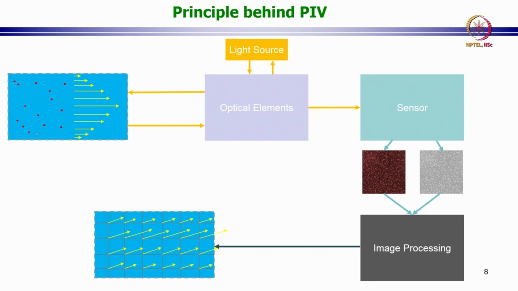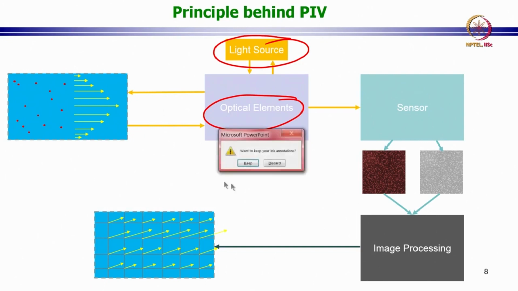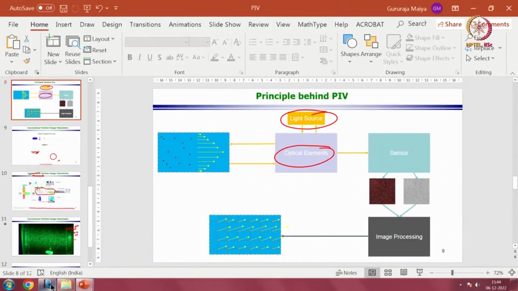So, having discussed that, the next topic I would like to discuss is the light source, and then I will discuss the optical elements. Now, in the optical elements case, there are actually a number of different possibilities, each depending upon the particular case. But what I will restrict myself to is the conventional particle image velocimetry setup where cylindrical lenses are used to create light sheets. So, we will look at some of those calculations because that is very traditional and a very often used situation. Okay. So, let us go back to our writing pad